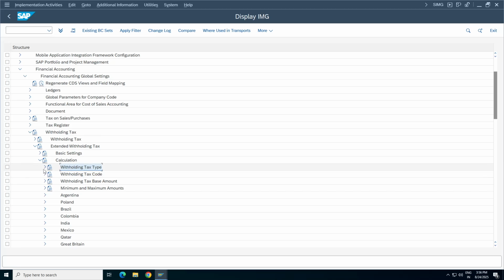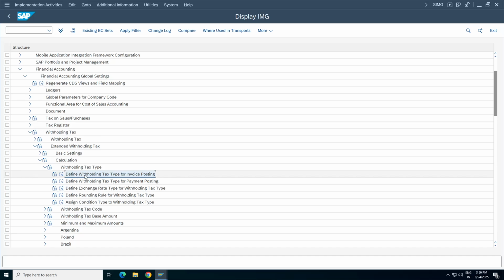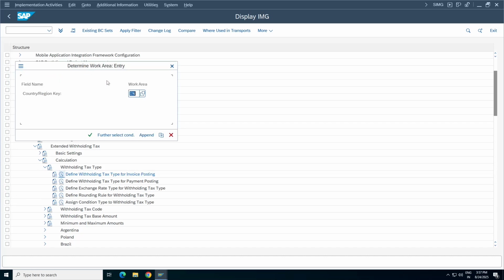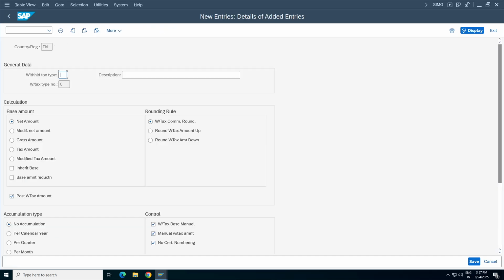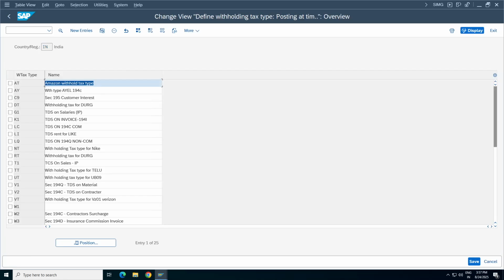Starting from here, this is important. We have to define the withholding tax type for invoice posting. Country India, click on continue. You can see here the different withholding tax types. Click on new entries. SAP has already provided some sections. If you double click here,